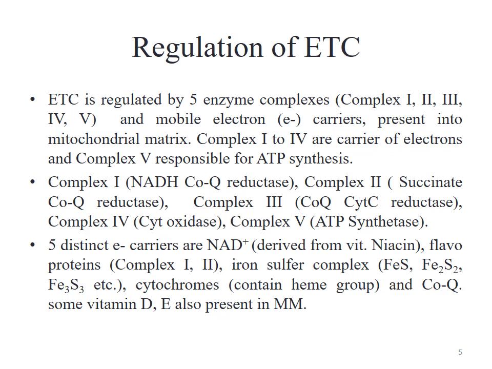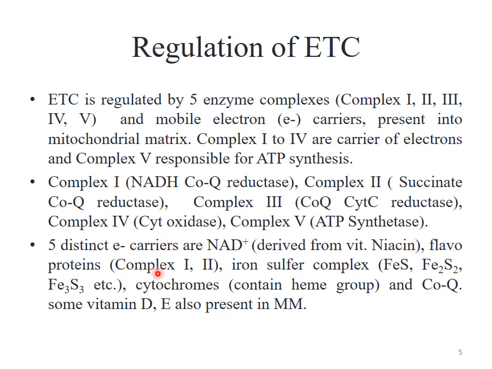Complex 1 is also called NADH CoQ reductase, complex 2 succinate CoQ reductase, complex 3 CoQ cytochrome C reductase, complex 4 is cytochrome oxidase, and complex 5 is ATP synthase. And the five distinct electron carriers in the electron transport chain are NAD positive, which is derived from niacin, proteins, flavoproteins,